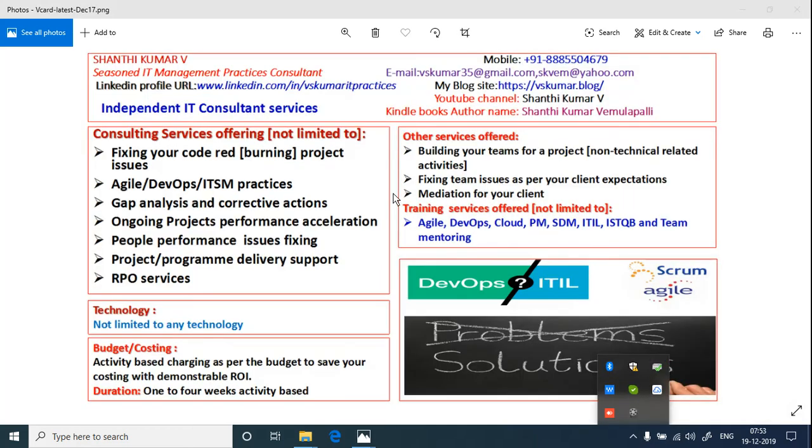Here is my V card. In this, I have given my profile URL. On LinkedIn also, you can connect to this profile link, and there you can send a message on what basis you are coming to me and which video you referred to. There are multiple videos I have posted on my sites, so say which video, where you have seen it, and what you want to get from me. All those things you write in the first message itself on LinkedIn. Then I'll understand that you are coming from this route or this channel, and I'm going to interact with you.